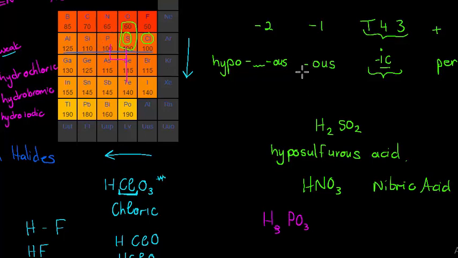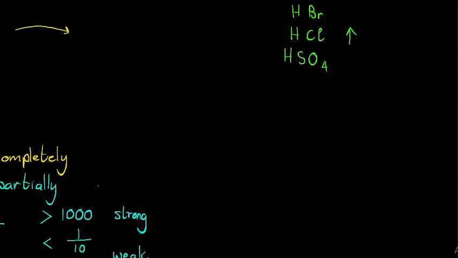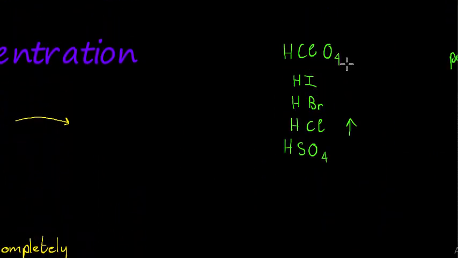He has 1 less than 4, and therefore this one is called phosphorus. There, I'm missing an H. Phosphorus acid. Sorry for that. But I think you get the idea, and that is why this one is called perchloric